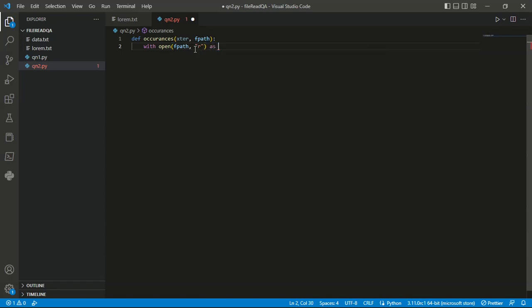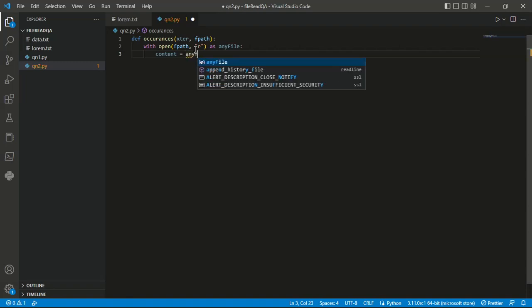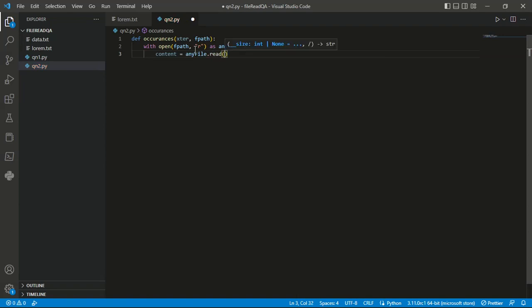Then let's open it as maybe any file, and we now store its content. Content is not a keyword, it's just any word. For my case, content, like it will be that any file dot read its contents,